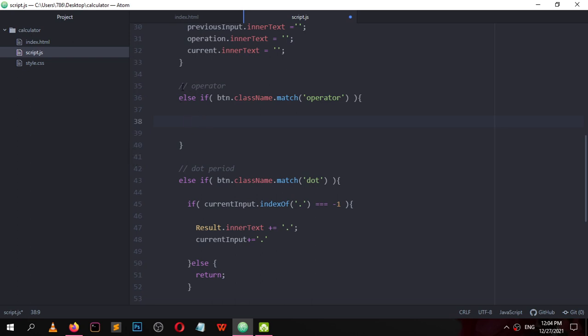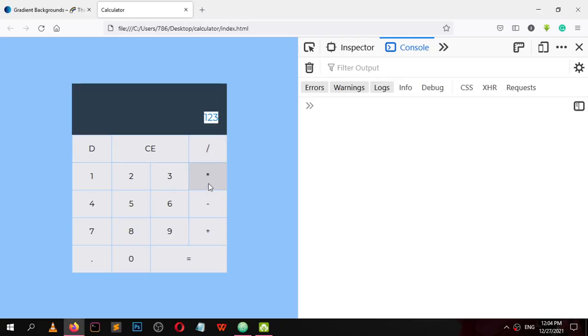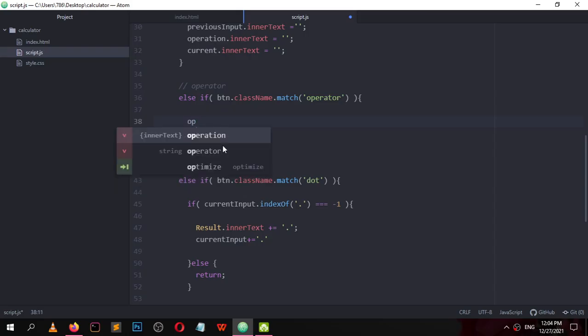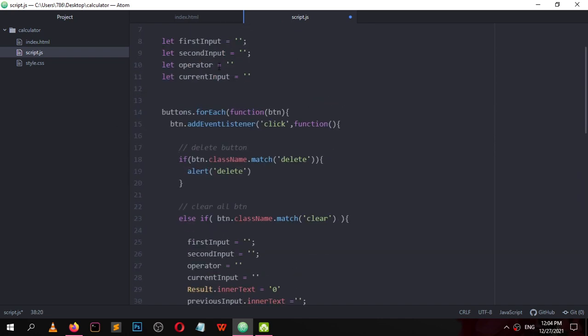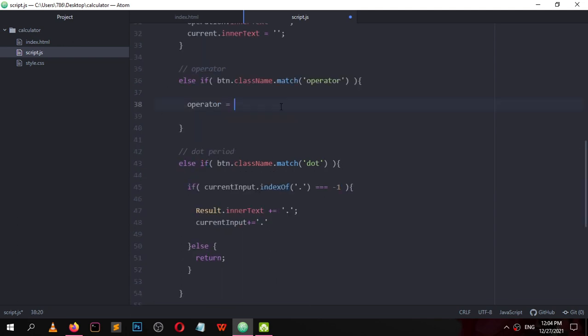As soon as someone clicks on this operator, the first thing we need to set is the operator equal to this operator. We need to select this and set this operator to btn.innerText. Whichever operator is clicked, it is saved in here.